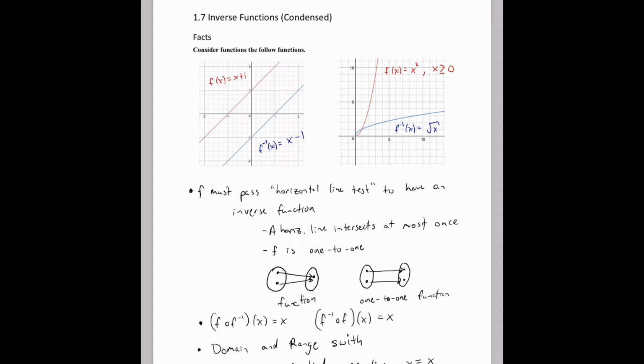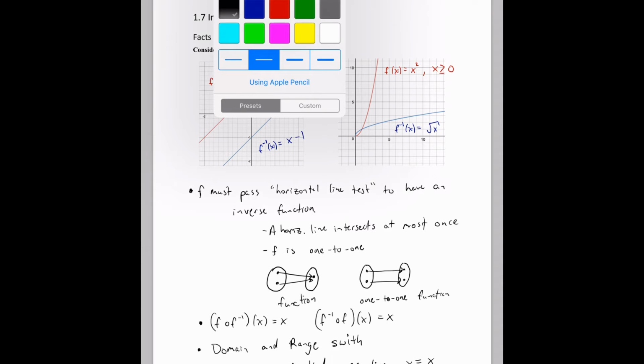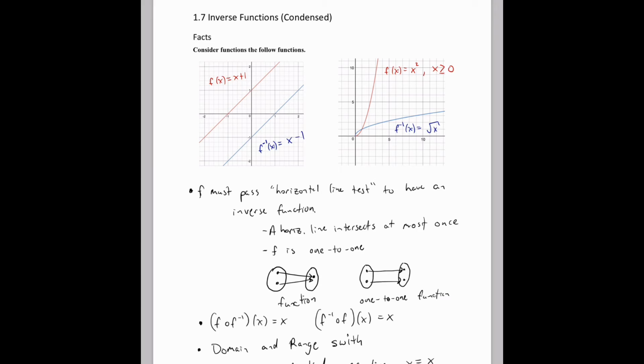And so if I come back up here to the beginning, if I draw in y equals x, you can see that essentially it acts like a mirror. Y equals x. They're like mirror images of each other across it, and the same thing on this one. If I do a little better job of drawing it in, there it is, and the two functions look like mirror images of each other across it,